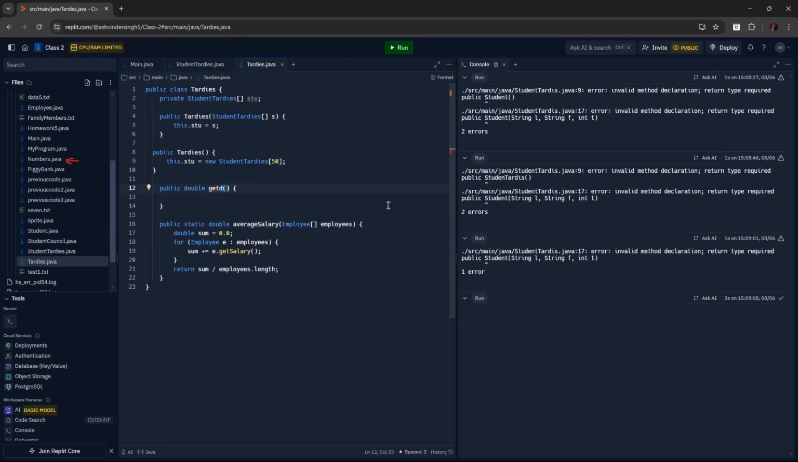Get student data. Typically, with get, the G is small, the S is capital, the D is capital. Okay. So we do that in every method. Now, if you have 50 students,